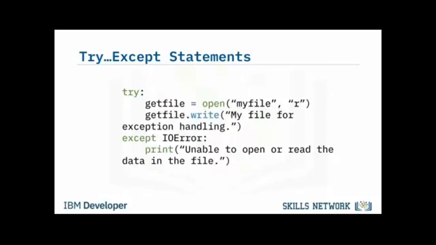When writing simple programs, we can sometimes get away with only one except statement. But what happens if another error occurs that is not caught by the I/O error? If that happened, we would need to add another except statement. For this except statement, you will notice that the type of error to catch is not specified. While this may seem a logical step so the program will catch all errors and not terminate, this is not